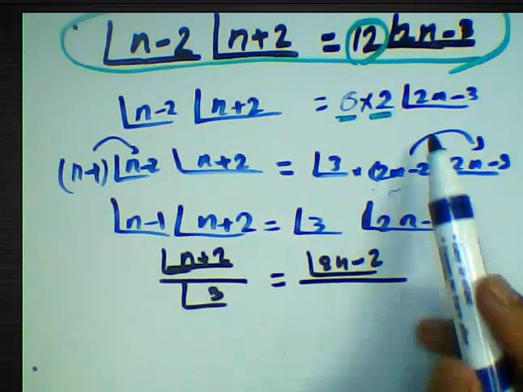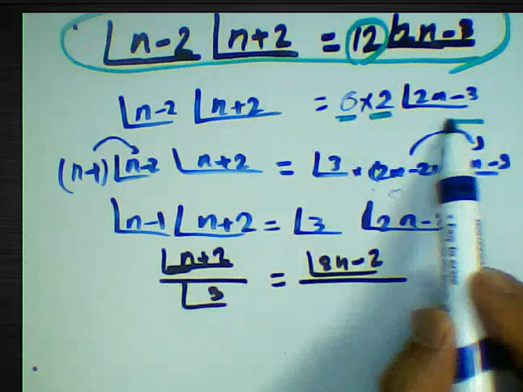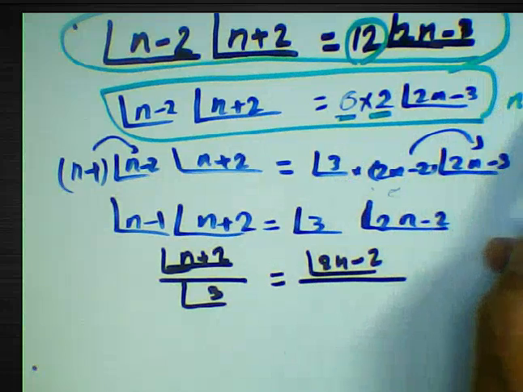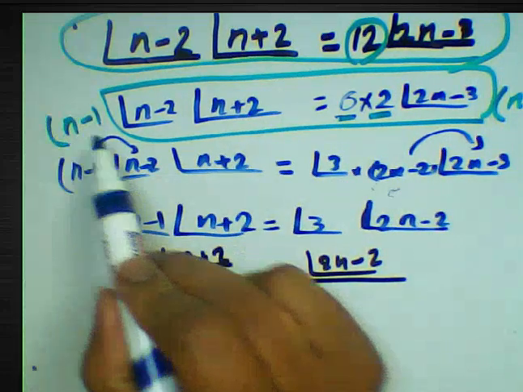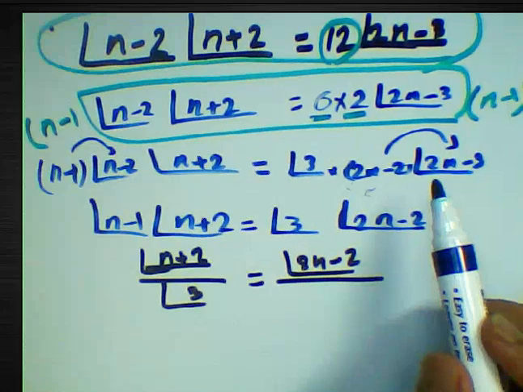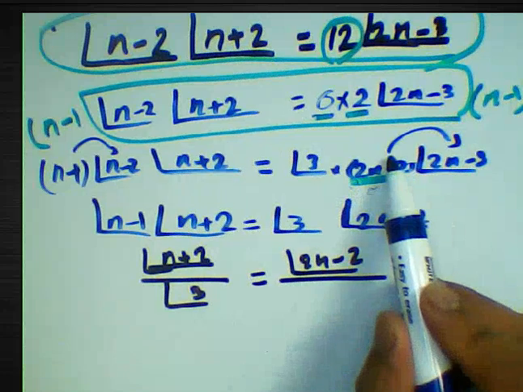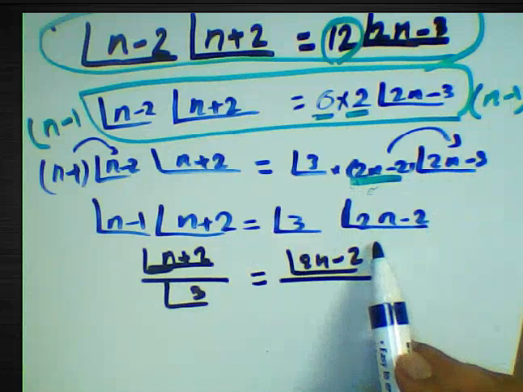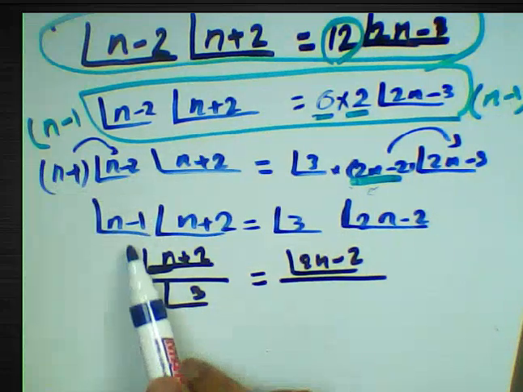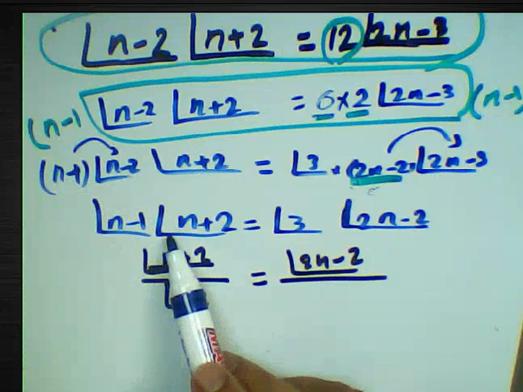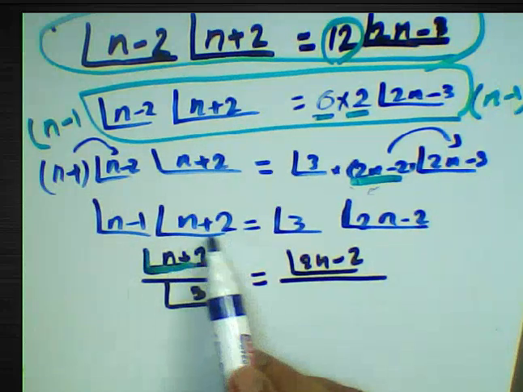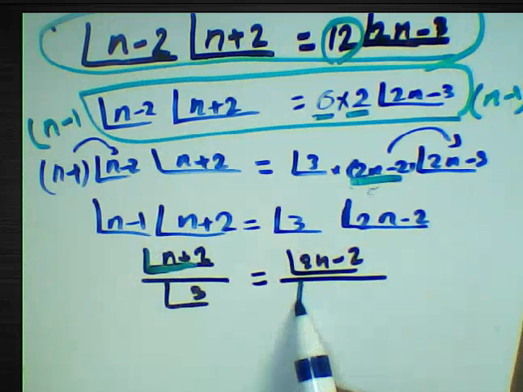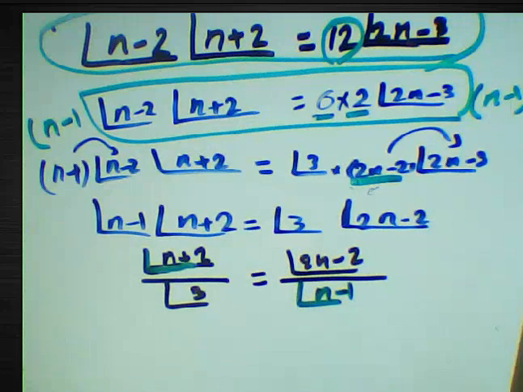First, we must think about (2n−3)!. We have 2 here. If we multiply by n minus 1 on the left-hand side and the right-hand side, we will get 2n minus 2. We can write this expression inside the factorial: (2n−2)! and (n−1)!. Then we get (n−1)! × (n+2)!, and we can divide (n+2)! over 3! and (2n−2)! over (n−1)!, and convert from factorial